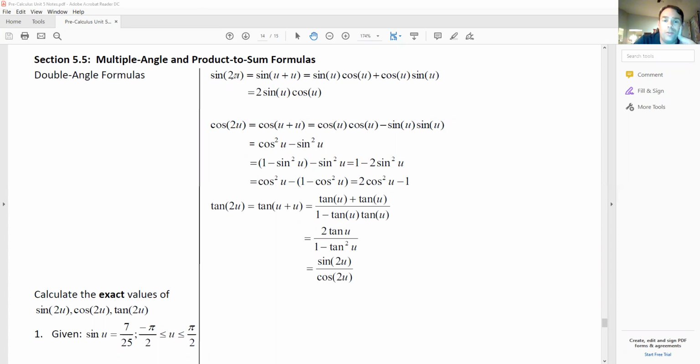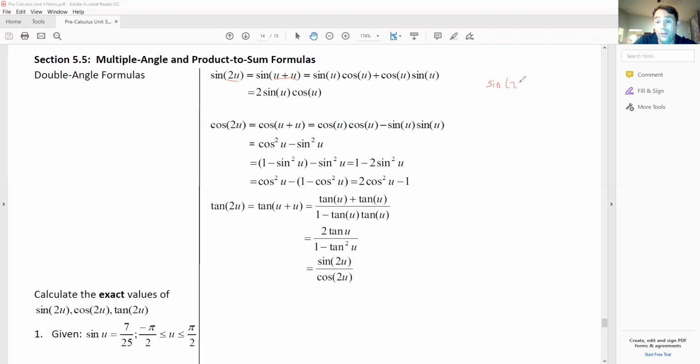So when we're talking about a double angle, it's basically 2 times the angle. In other words, an angle plus an angle. So the formulas we're looking at today are essentially formulas that come from the sum and difference formula. So sine u, again, sine, cosine, cosine, sine, and we end up getting essentially a double angle formula. So this first one is sine of 2u,